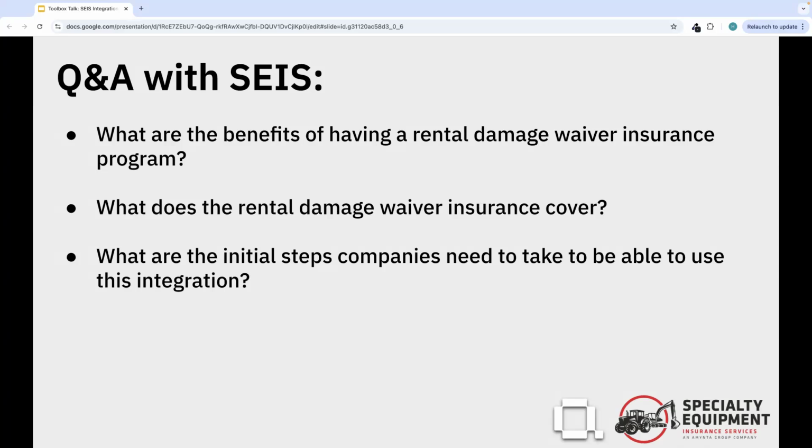There are a number of benefits to having a rental damage waiver insurance program for your renters. For the renter themselves, it provides really a couple of big benefits to them. One is that they may not have the proper insurance in place to provide you with. So if they are insured with an insurance company that doesn't meet your standards